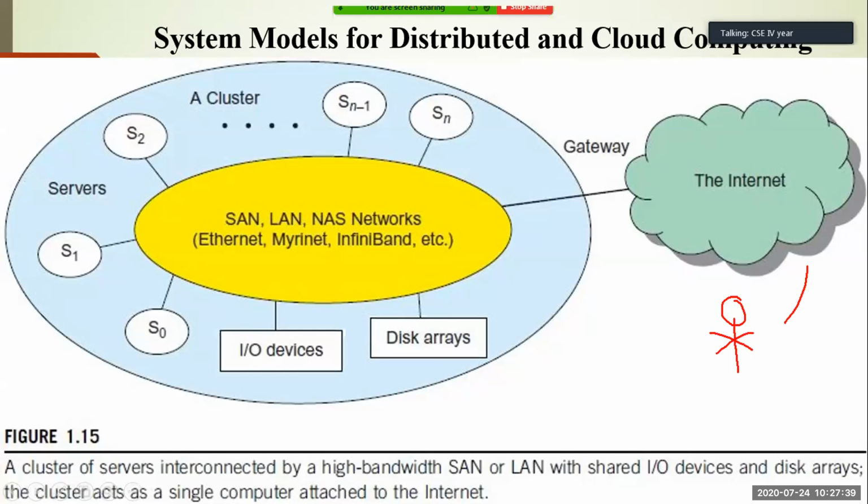As a user, I request the resources from the internet. Then indirectly, the service provider redirects the request to a particular cluster of servers and executes my work, and the work is returned to the internet or the service provider, and the service provider returns that work to that particular user. So this is the overall model that we are using.